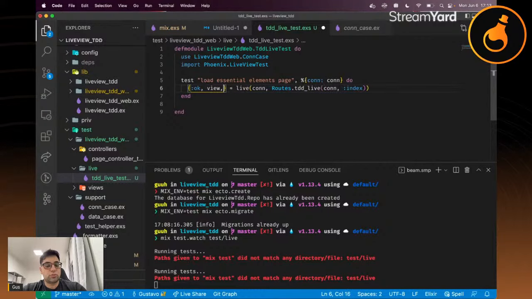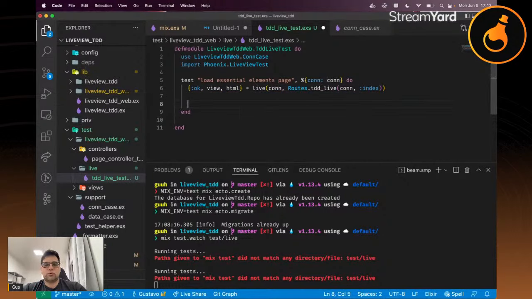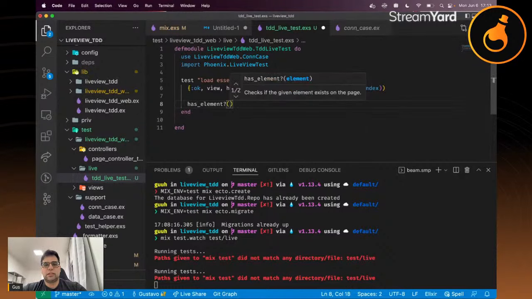It's really important. We are going to discuss a lot about those elements here. And when we do it, I always start with elements like has_element, view, and our element ID will be